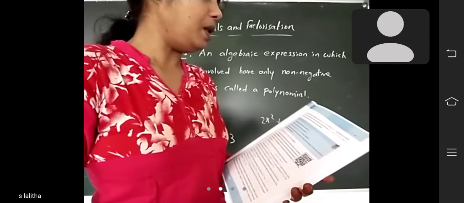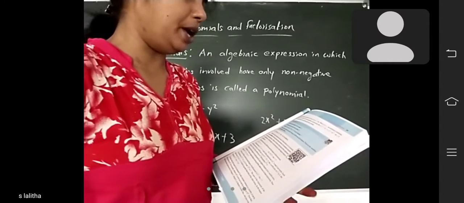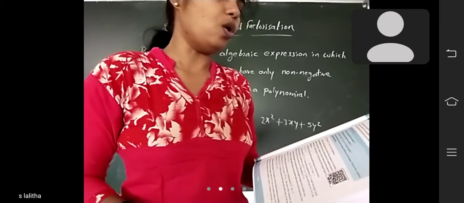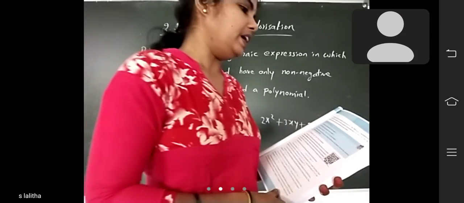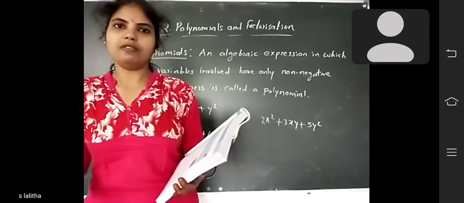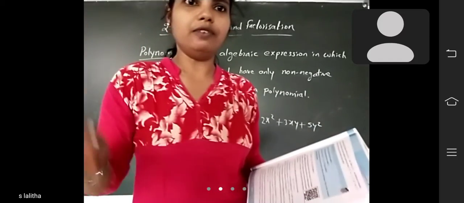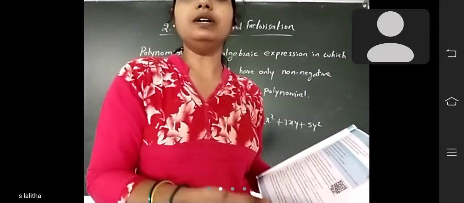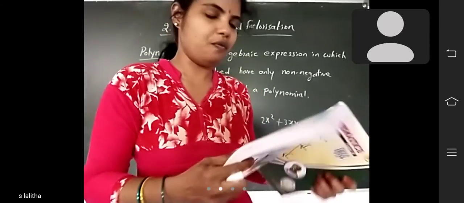Next, write the formulas of area and volume of different solid shapes. Find out the variables and constants in them. In 8th class you already learned area and volume of different solid shapes. You have to write the formulas and write their variables and constants. That is the homework for you.